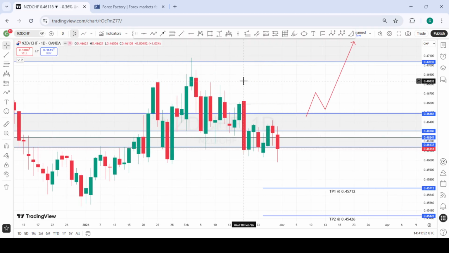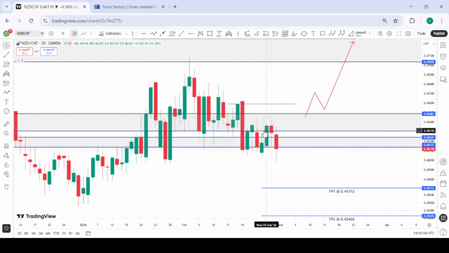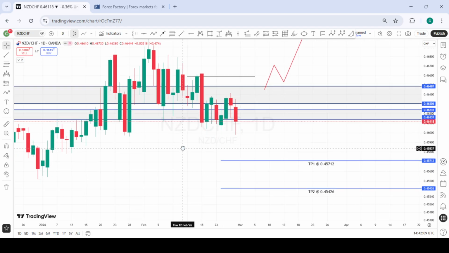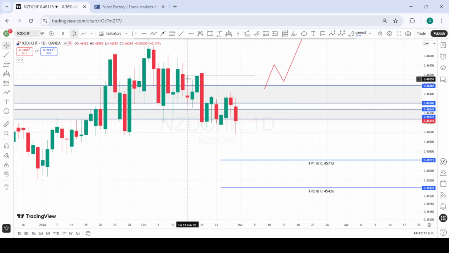This is NZDCHF. Last week we anticipated that price was going to react from this zone. We got a very nice reaction from the zone, but price pulled back again and gave us another zone. So this is looking more like a double top formation, which is reacting from our area of interest. This is a good sign of bearishness from the area of interest we identified last week. So what we're going to do is wait for